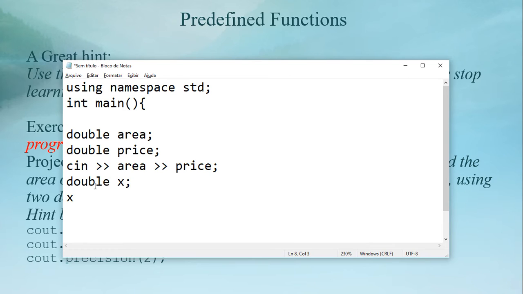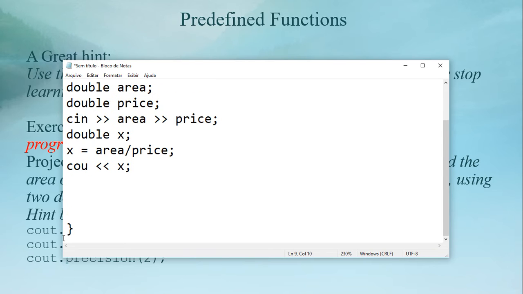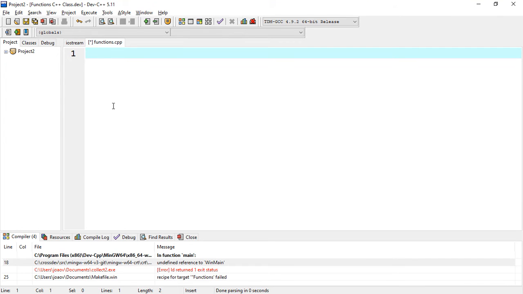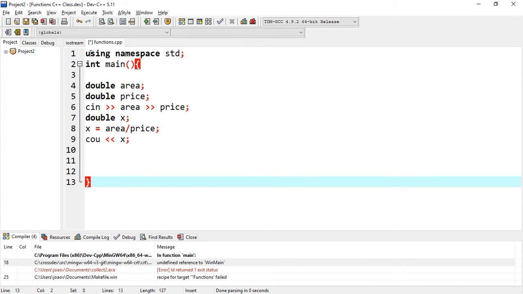So it's important to be a double because it's going to be an operation of the area and the price. And you just have to print the x, which is the amount of money, right? So this is our program, simple, very simple. And we just put it in our compiler. In this case, I'm going to use